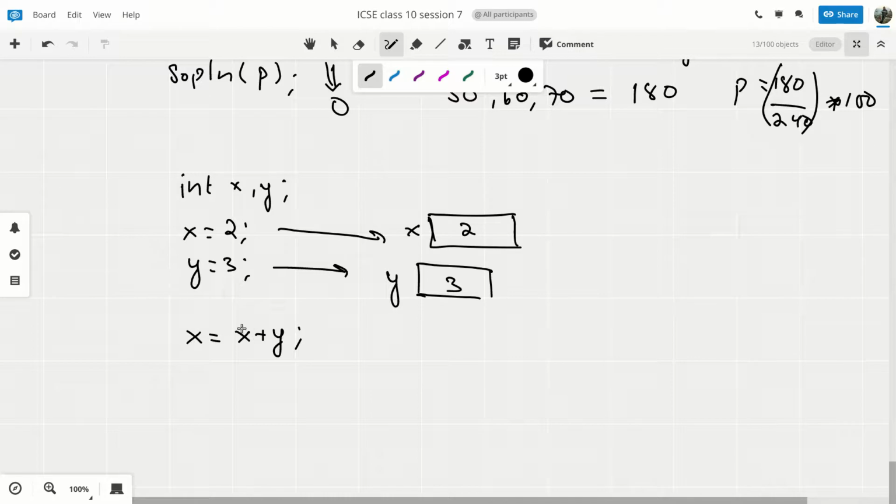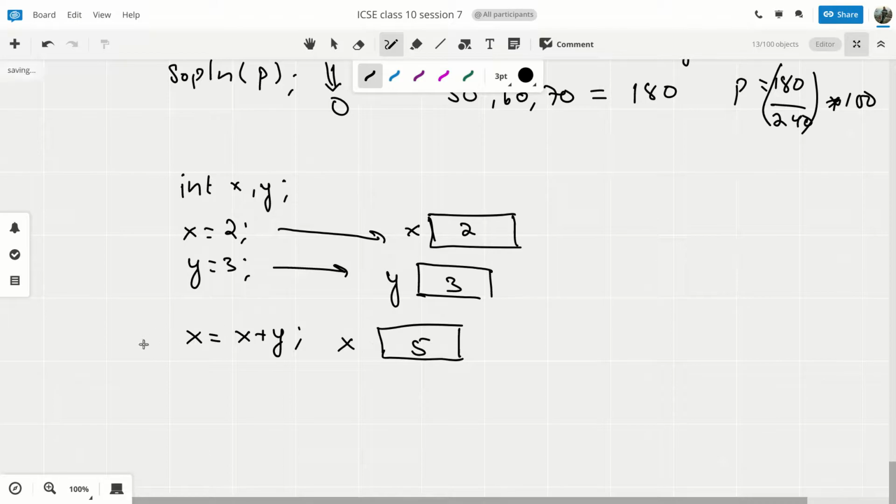As a result, x will be substituted by 2, y will be substituted by 3, the answer will be 5, and this 5 will be put again in the variable identified by x. That means the earlier value of x, that was 2, will be erased and overwritten with the new value of this expression, that is 5.